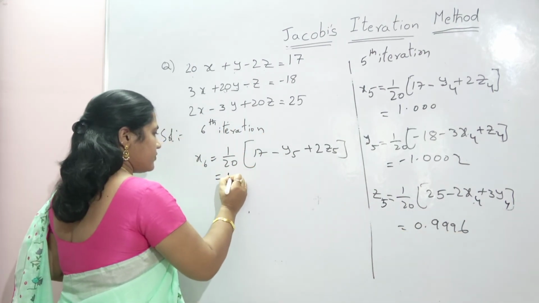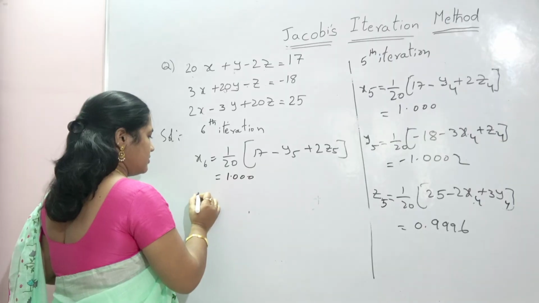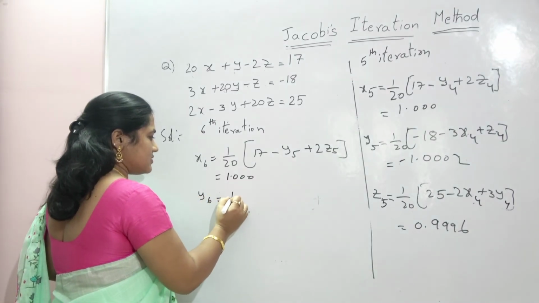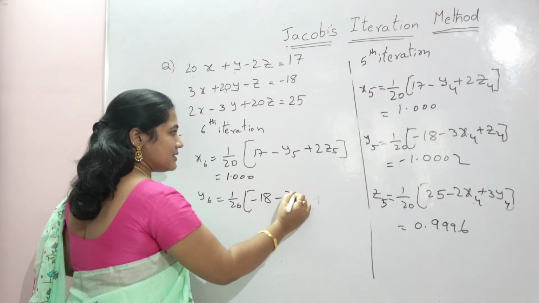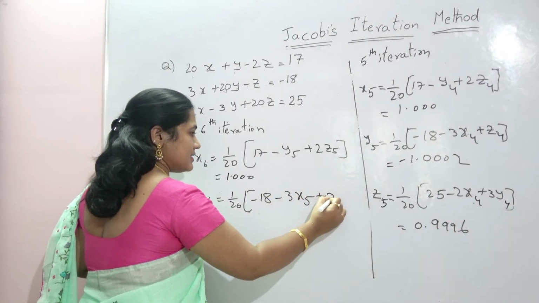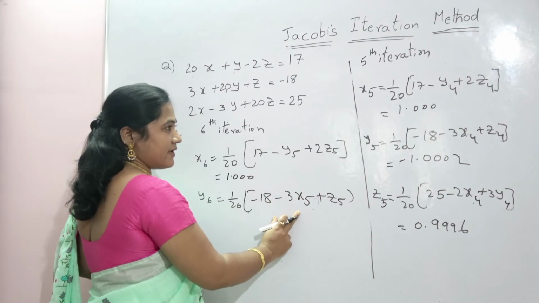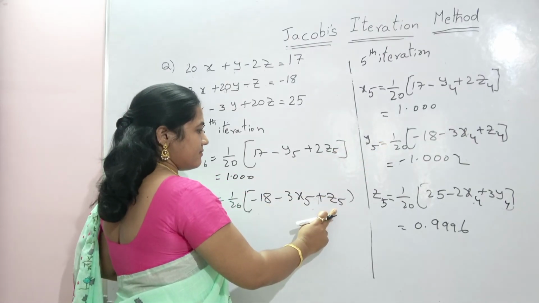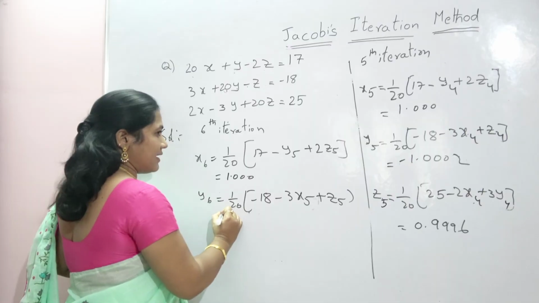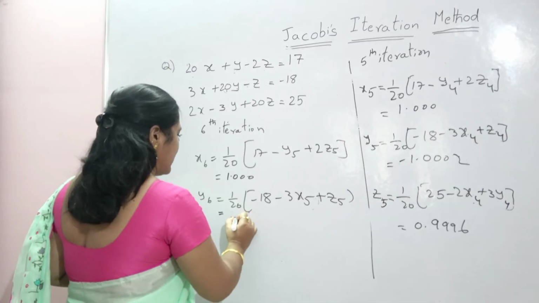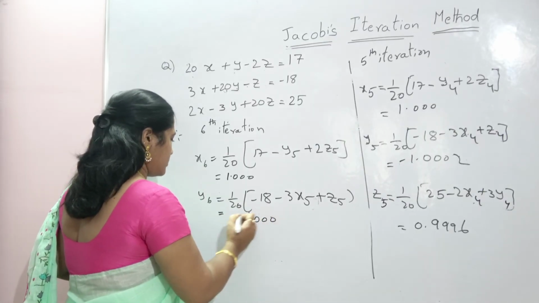Then the value is 1.00. Similarly, y6 is 1 by 20 minus 18 minus 3 x5 plus z5. So here x5 is 1 and z5 is 0.9996. Then y6 equals minus 1.000